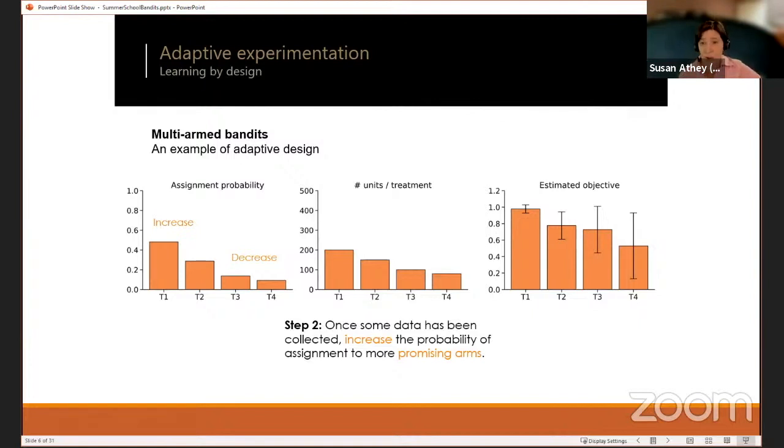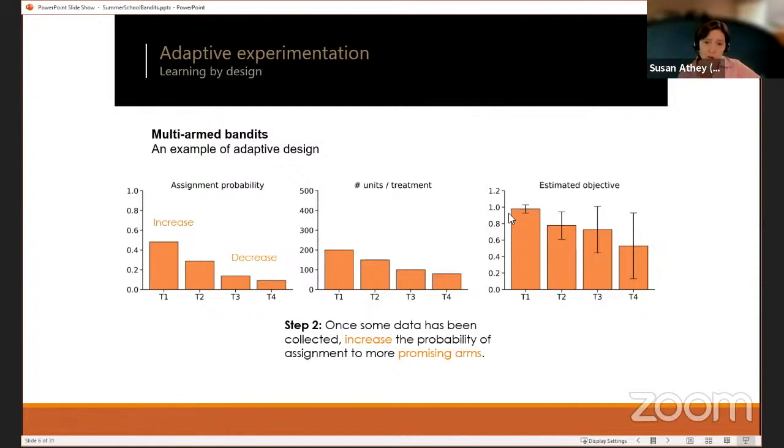And I should say, I'll talk about different algorithms here. I'm assuming that you're using one of the most popular algorithms, which is generally trying to care about the best arms or minimize regret. I'll come back to that. But for now, I'm just showing you an example of how one would work. After the first batch, you would increase the number of units going to the good arms and decrease the incremental units going to the bad arm.